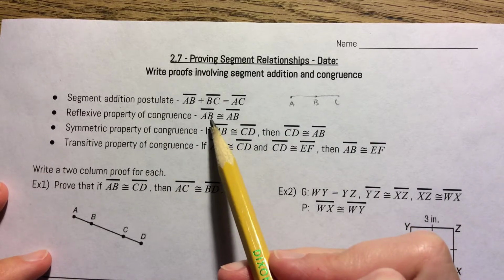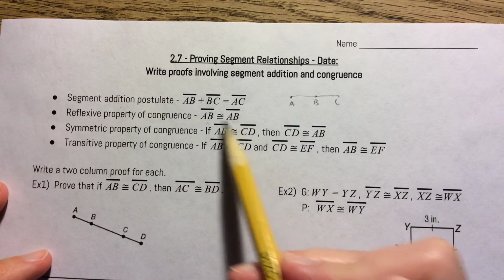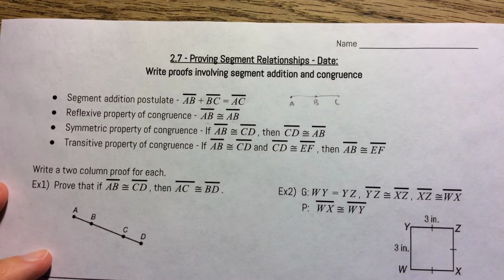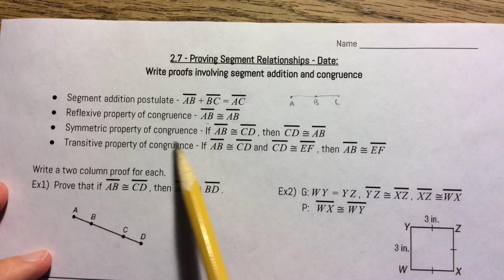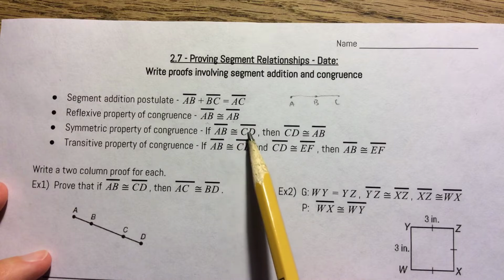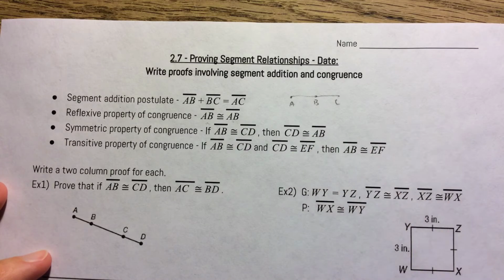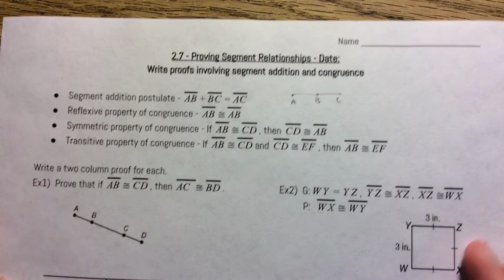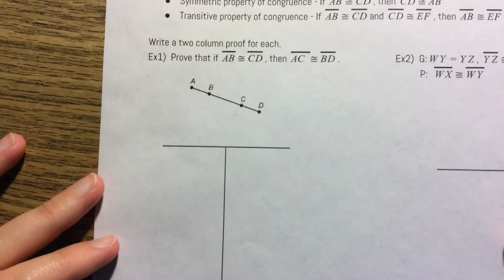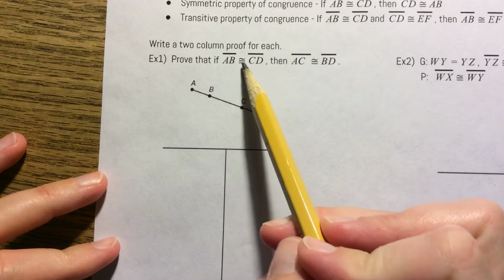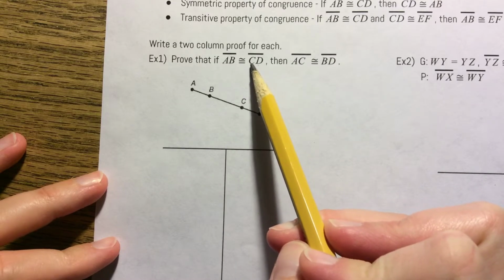Reflexive property of congruence is just saying any thing is congruent to itself. Same thing with symmetric. If AB is congruent to CD, then CD is congruent to AB, and transitive works that way as well. So, two-column proof here, saying prove that AB is congruent to CD,